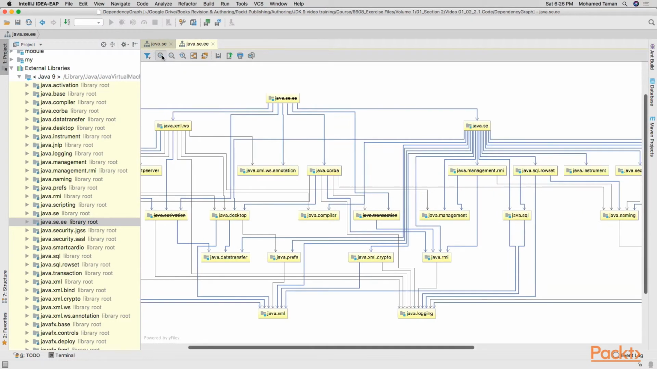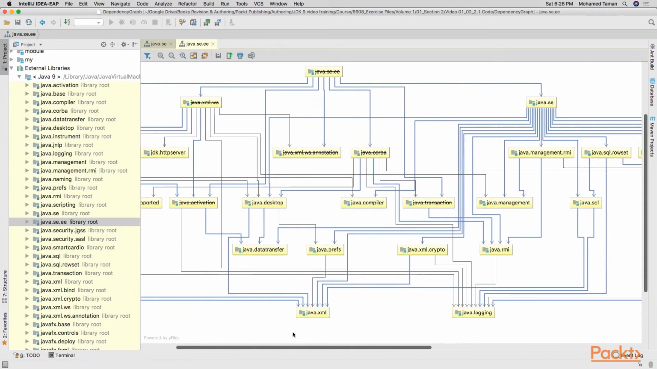This is more complex, and let's make it a little bigger. Okay,